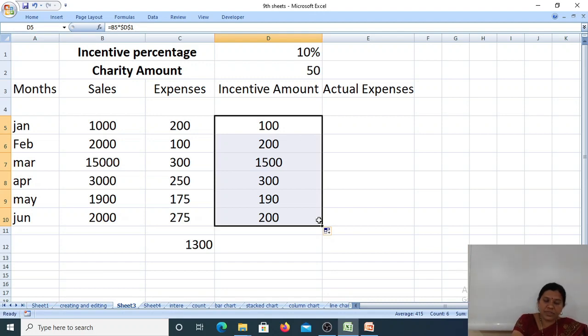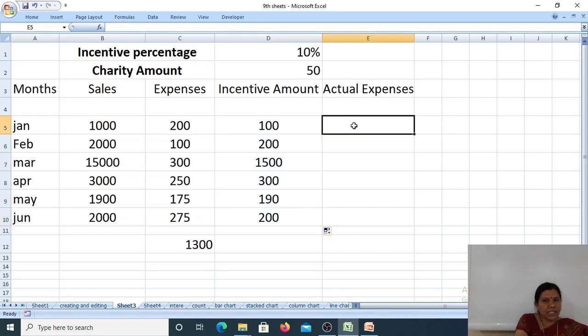In this type of reference, either row or column has to remain fixed. Now let us calculate actual expenses amount. Already I typed the charity amount in D2, 50, right? In the D2 cell. And now you have to click on the E5 cell. What you have to do is equals to